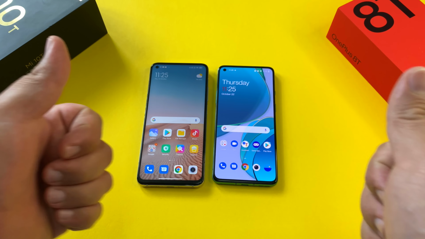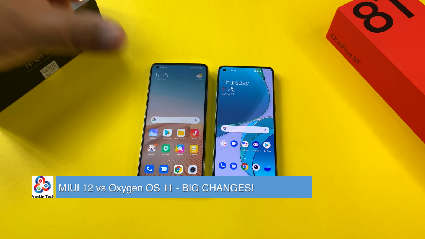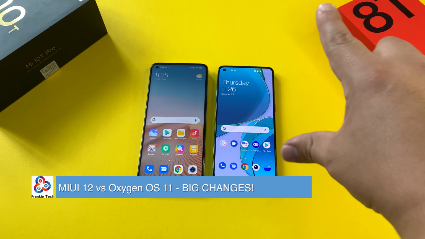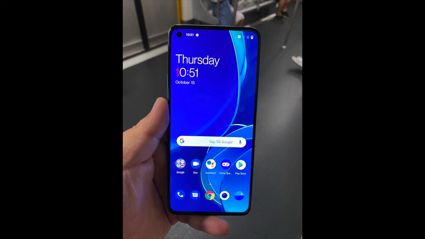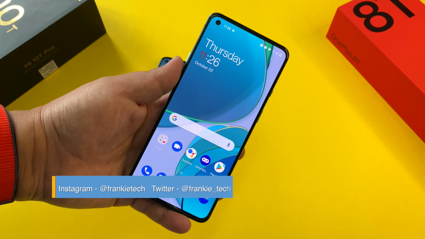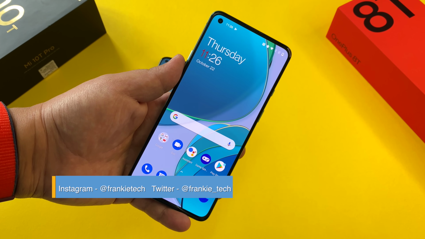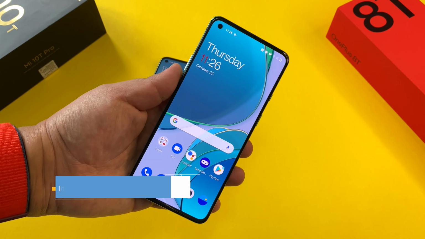Good to see you guys again, and today I want to share with you my comparison between MIUI 12 and OxygenOS 11. Now, as you guys know, I've just bought the OnePlus 8T, and as I was coming home on the train, I couldn't help but notice that there was something very different about this phone. And I can't believe I forgot this, but then it hit me. Oh my gosh, I'm looking at OxygenOS 11, and this is my first time using this interface on a OnePlus